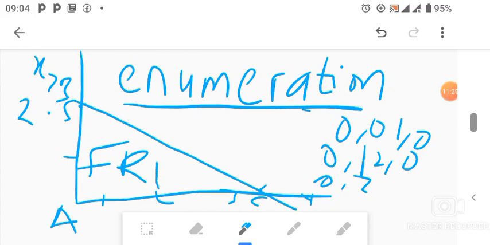2,1 is this one. If I draw this line here, they're in the what? Feasible region. It's also a feasible point according to enumeration. If you check 2,2, it should be able to match. The thing is just that you have to draw these things to scale. Yeah, but 2,2 is definitely in the feasible region. If you draw it to scale, you'll be able to see that it's within the feasible region.